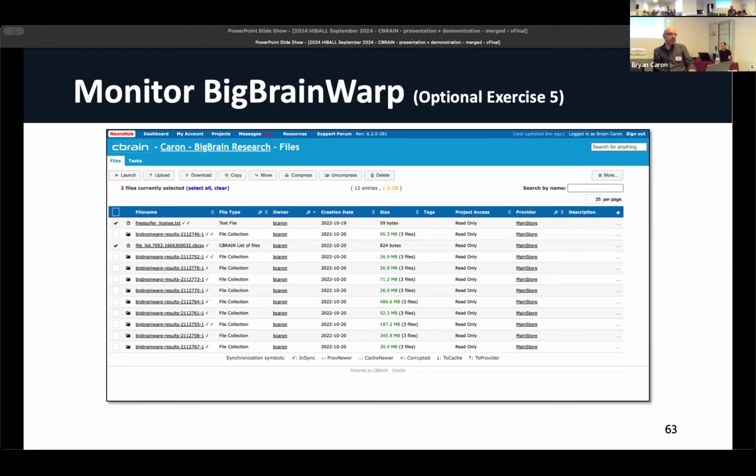If there's any questions, or if you want to see how it possibly might apply to data you're already working with, you can just find me, and like I said, we can try some examples. The key thing is that as long as the tool can be put into a container format, that makes it very much eligible for including into CBRAIN as a tool. So if there's things that you see in the tool list inventory aren't there, let me know, and then we can look into including that in our inventory as well.